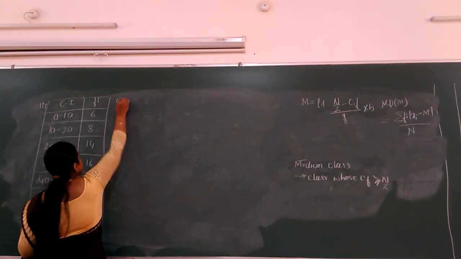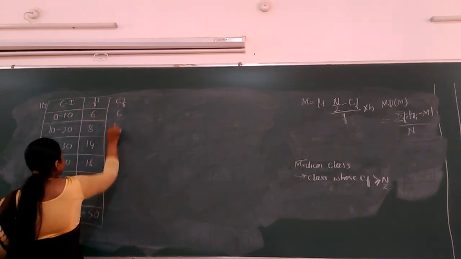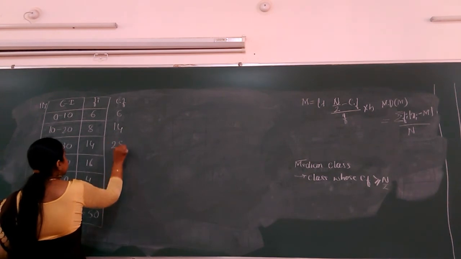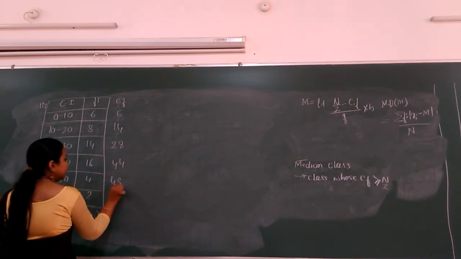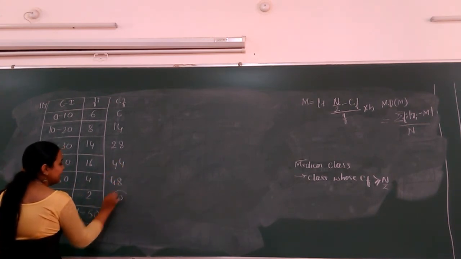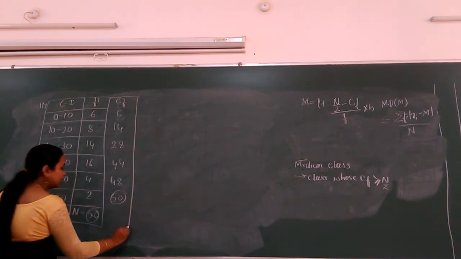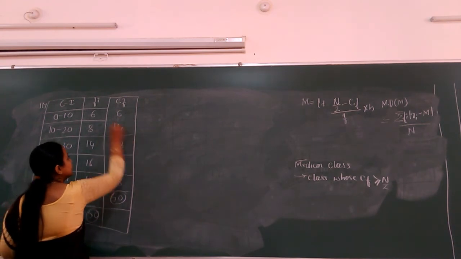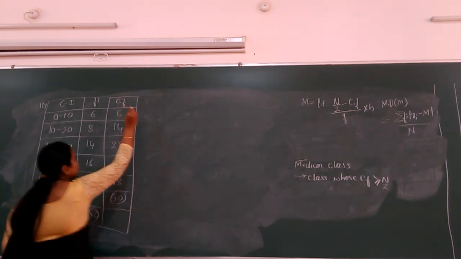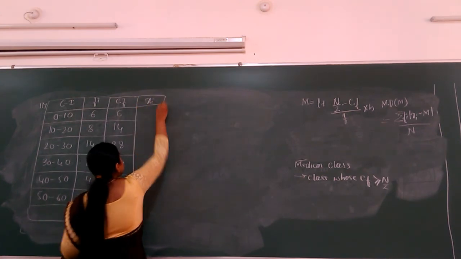So first let us calculate the cumulative frequency. 6, then 14, 28, then 44, 48 and finally 50. Our value is tallying with the total frequency, so what we have calculated is correct. After cumulative frequency, let us find out the midpoint and then we will